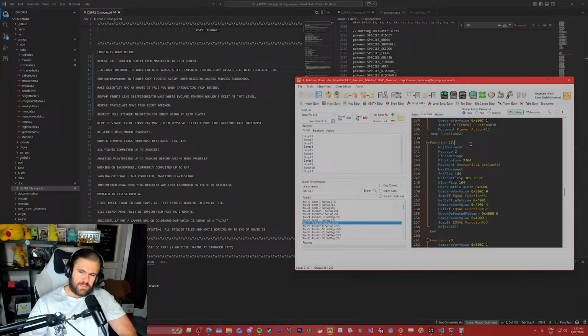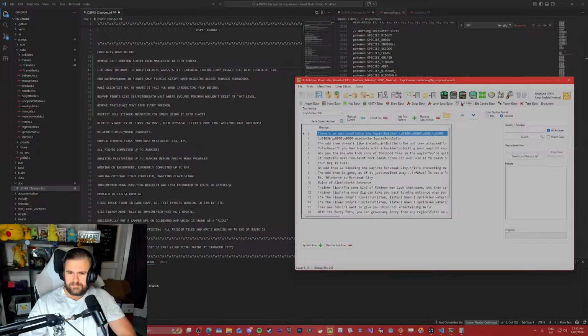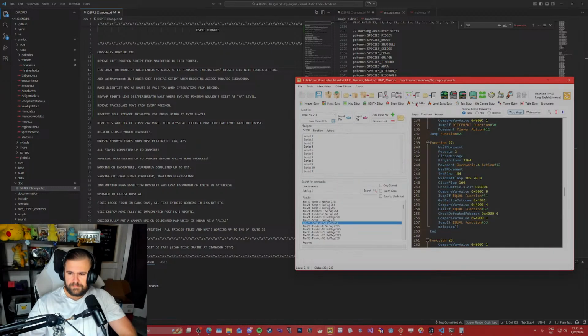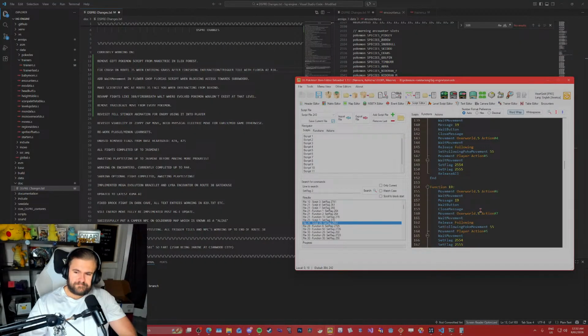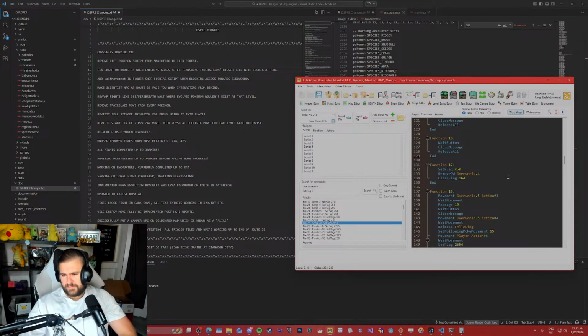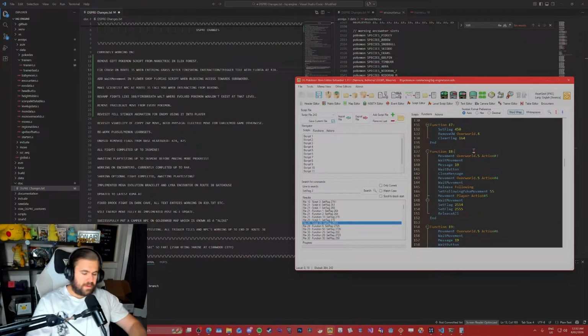Maybe that's how you can do a wait movement at the start of the script as well. Maybe. And we could do that. Maybe that might just fix it for some weird reason.